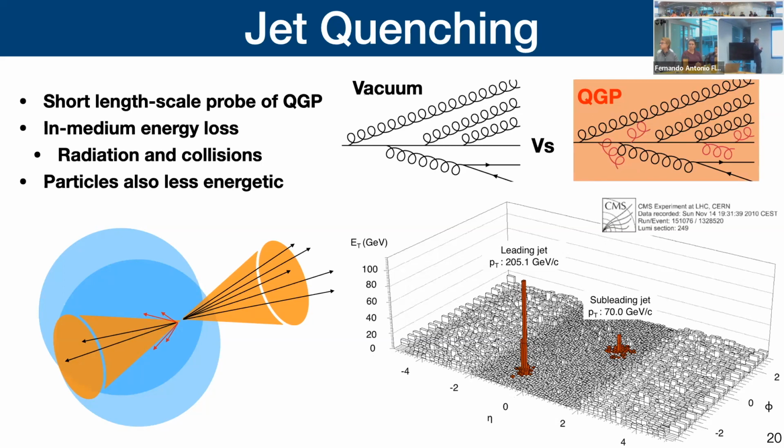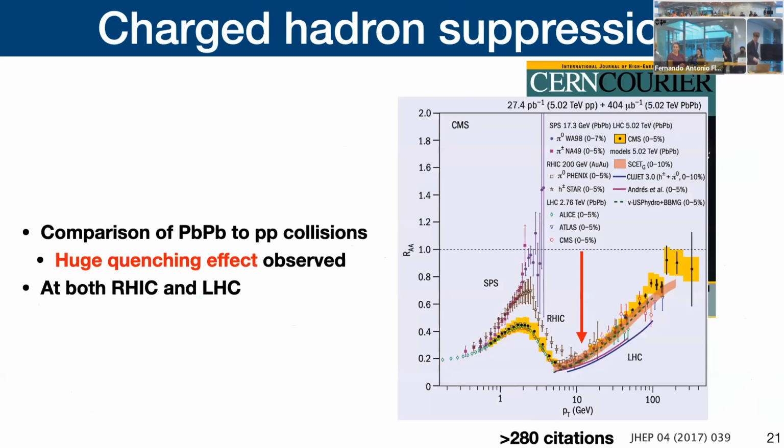And we've actually learned that not only do the jets themselves lose energy, but actually particles inside the jets also on average have less energy. So as part of my thesis, I actually studied the effect on the individual particles inside the jet. And so I did this measurement here. The new measurement is shown by the points with the yellow boxes around them.